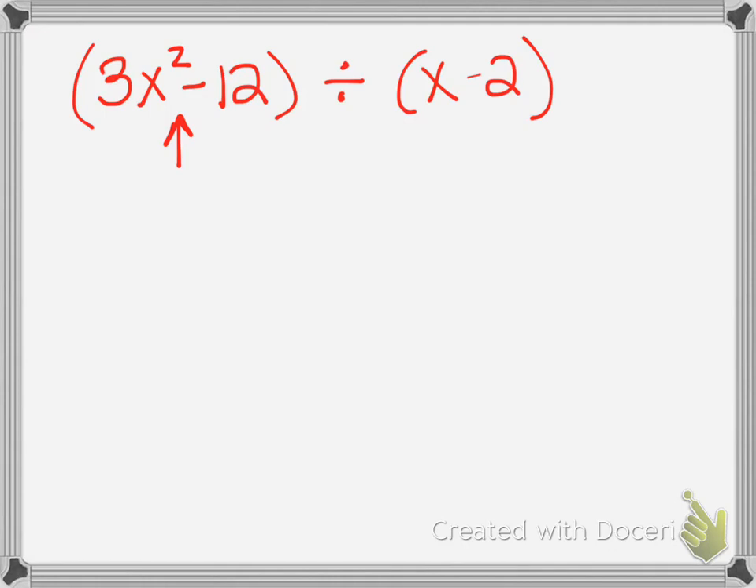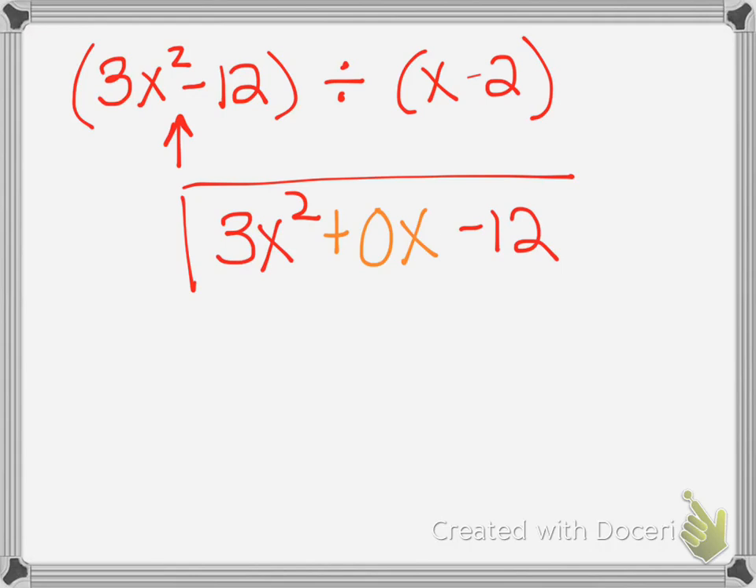So when we write this problem out, it's going to look like 3x squared plus 0x, because that's the linear term that we are missing, minus 12. Then you would divide it by x minus 2. So doing this problem,